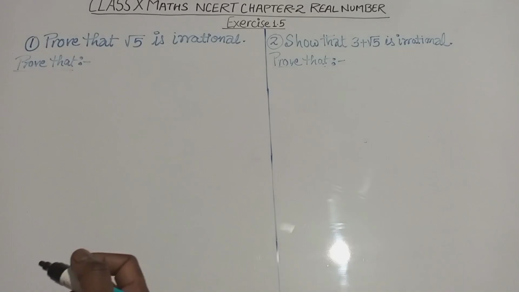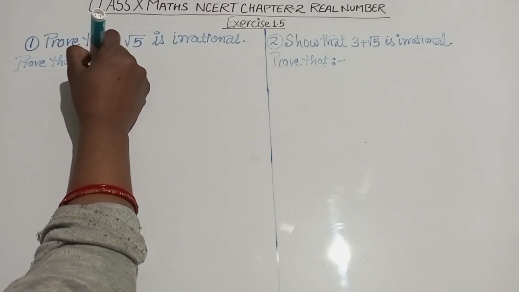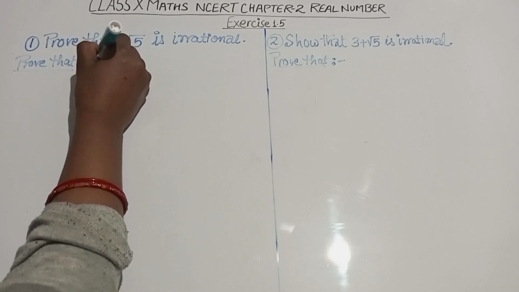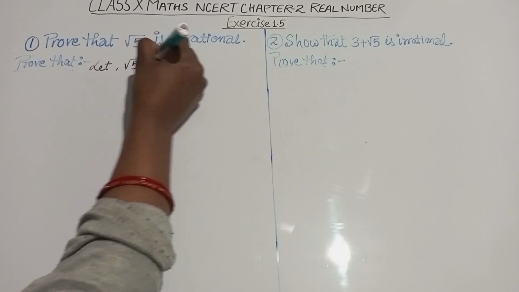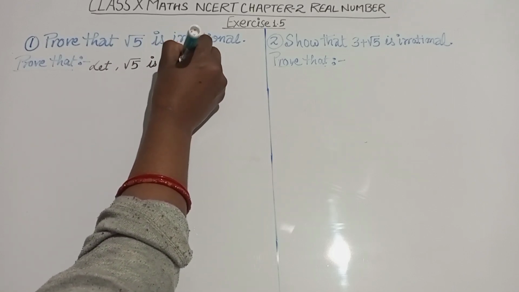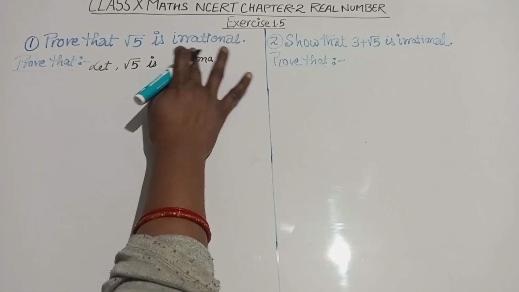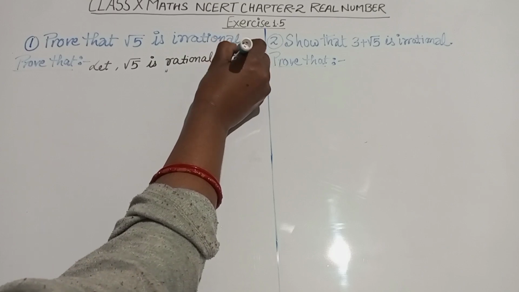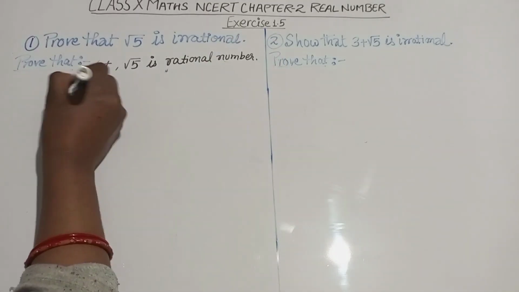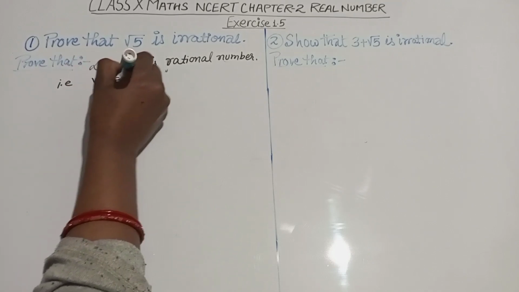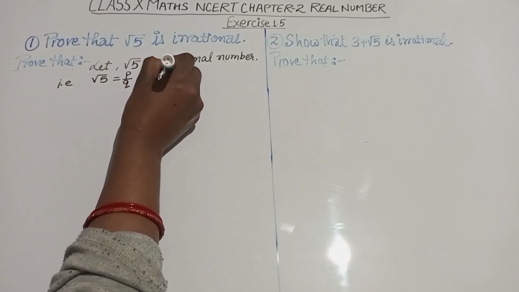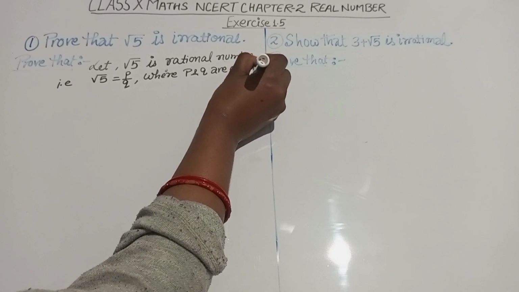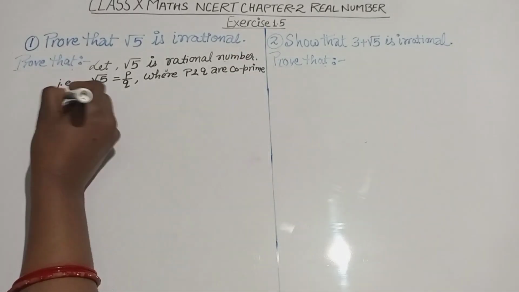Let root 5 be a rational number. Root 5 is equal to p by q, where p and q are co-prime. Okay, so now